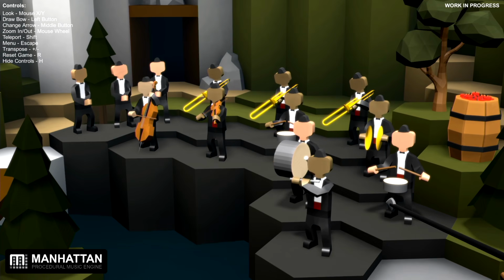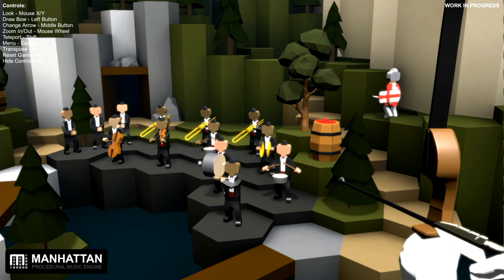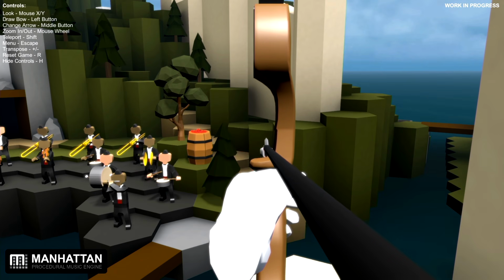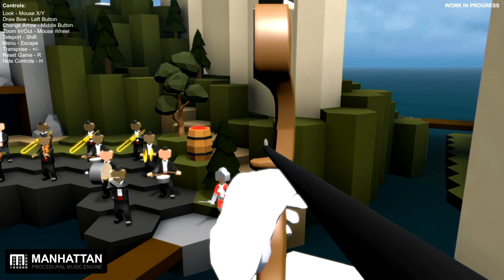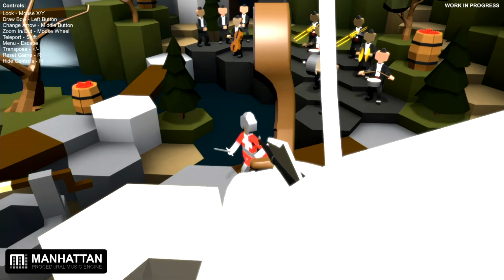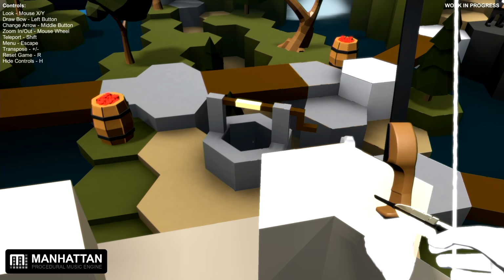You can see them playing each of the individual notes. And bad guy's about to turn up. There we go. And when I kill him, there's going to be a bell in key with the music and a drum in time with the music. It would be a guy with armor, wouldn't it? Anyway.